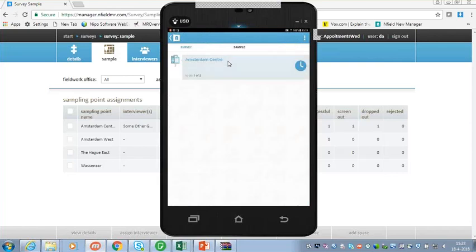We go to the sample, Amsterdam Center. Addresses, we have the correct status of all these interviews. We see that the one with Angela Merkel has been successful, the second one has been a refusal, and we see the correct appointment time in the third one. So let's start this,